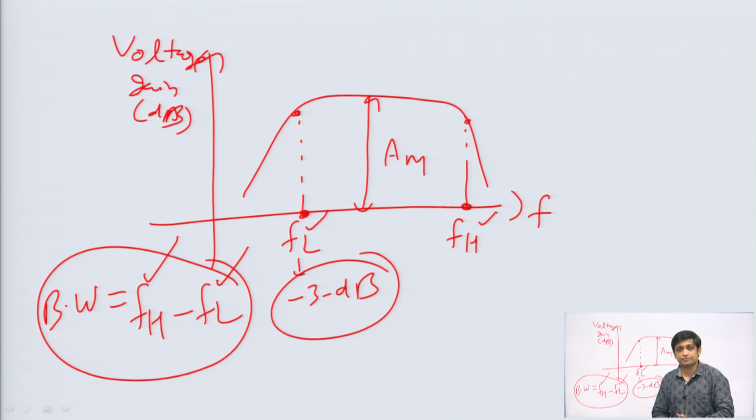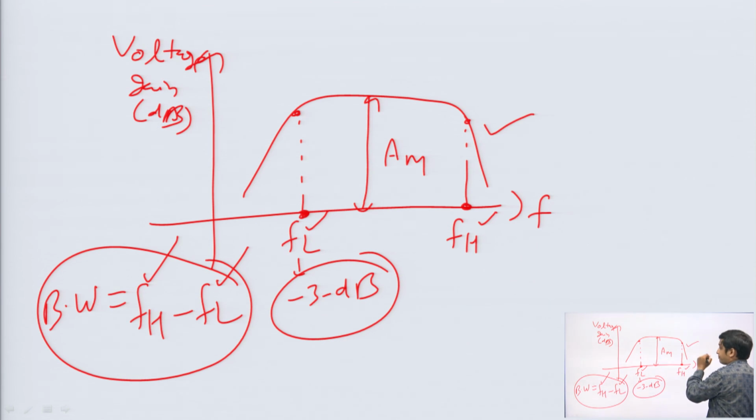So, in the frequency response of the common source amplifier we have to study two things. Firstly, we will study the high frequency response, where we will see how the internal capacitances affect the performance of the common source amplifier. Then we will study the low frequency response, where we will consider coupling capacitors, the effect of coupling and bypass capacitors. So, for the CS amplifier we need to study two responses, the high frequency response and the low frequency response.